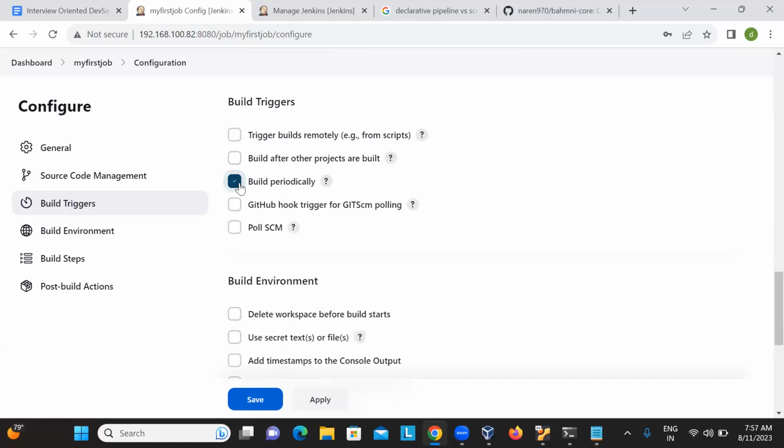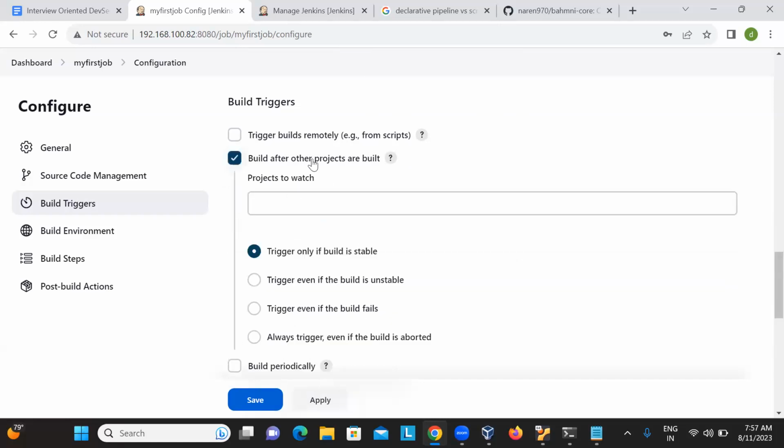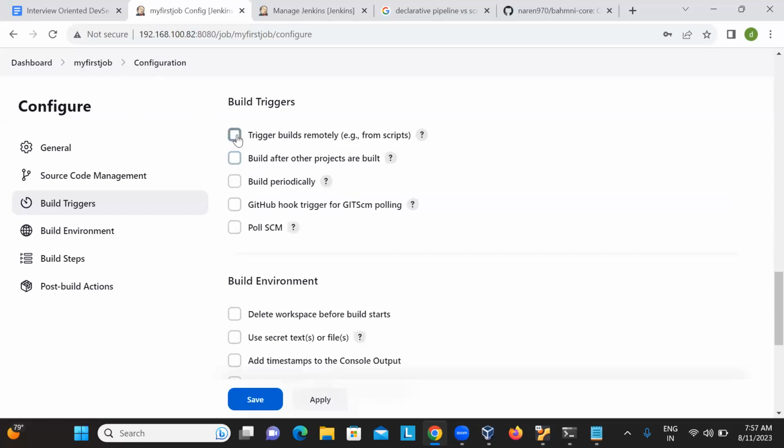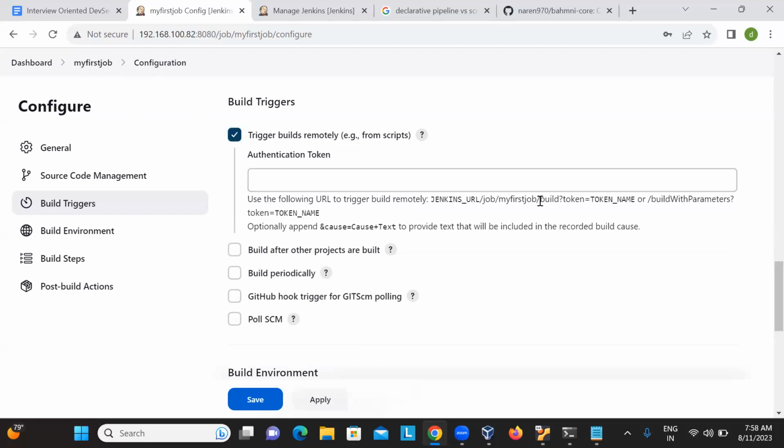Otherwise, there are some more options. Build after other projects are built, meaning you just created a project called my first job, and if there is some other project out there, you need to trigger this particular job only after that particular project is completed. If you have such a requirement, you can opt for this. Otherwise, you can just ignore it. Okay, this is another option. This one is trigger builds remotely. This is where this URL will come into the picture, especially when you want to trigger from GitHub. For example,